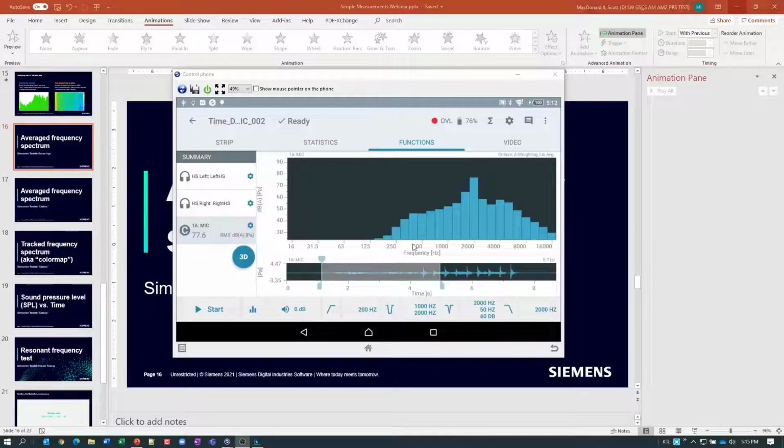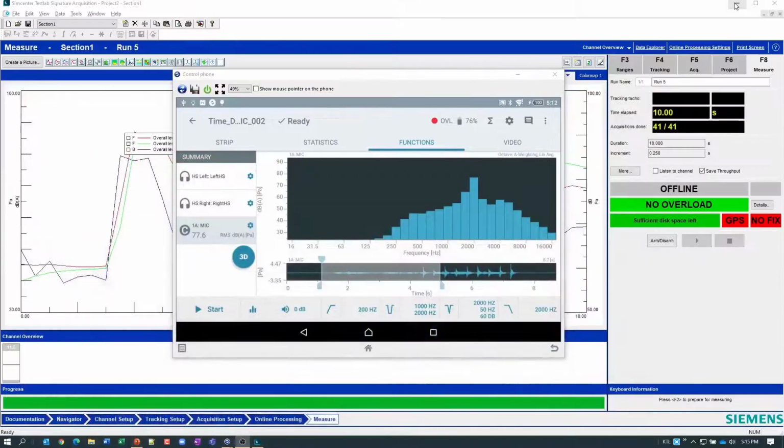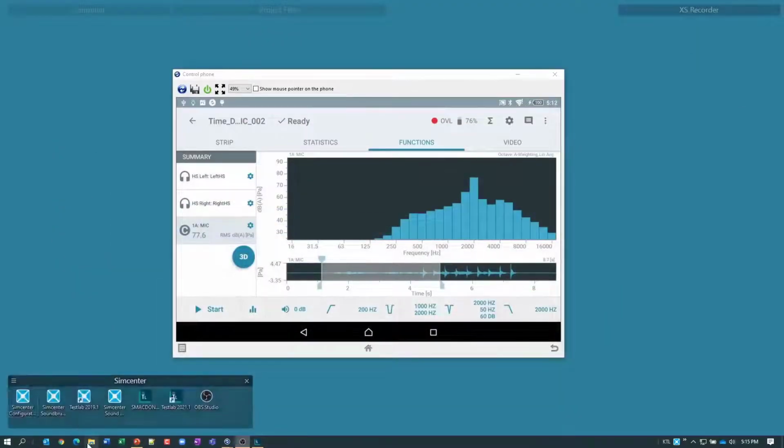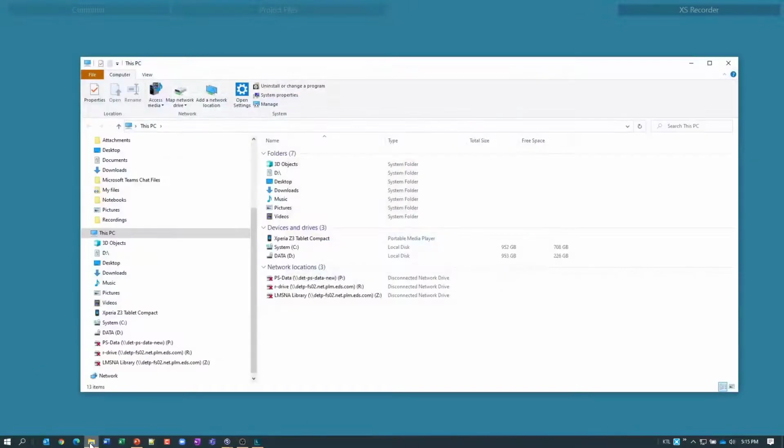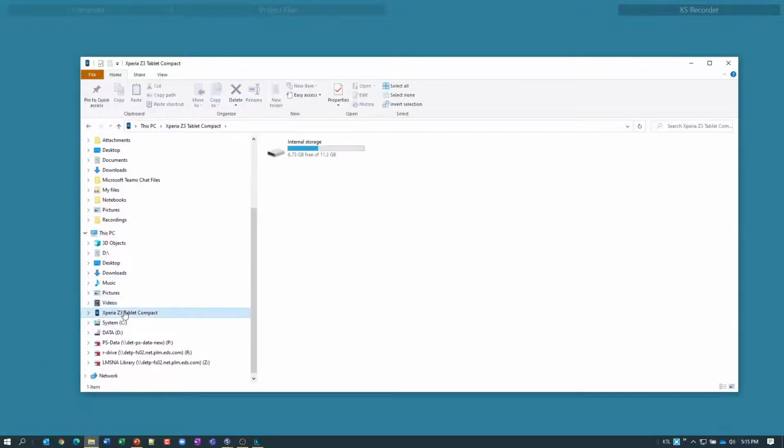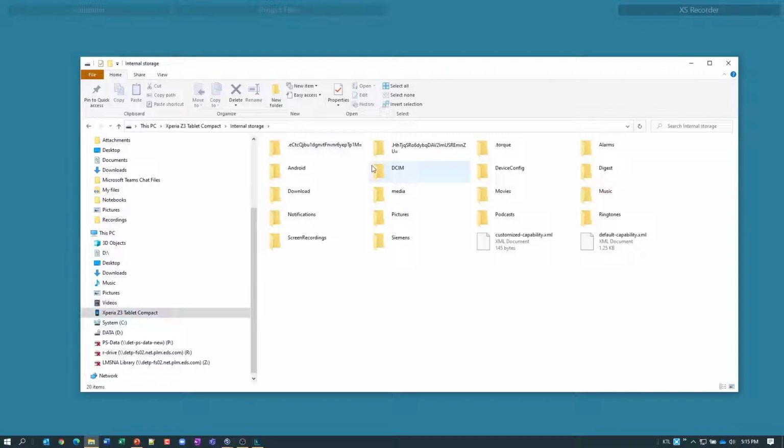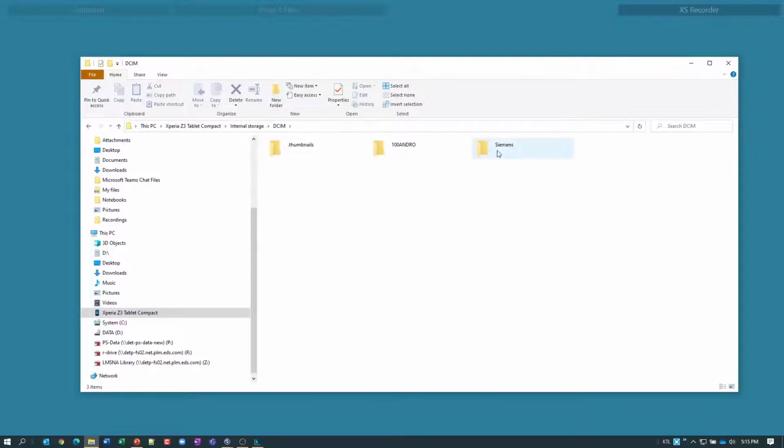Let me exit the full screen here, and I'll just go to my Xperia tablet, internal storage, go to DCIM, Siemens folder, exports, and here is my microphone.